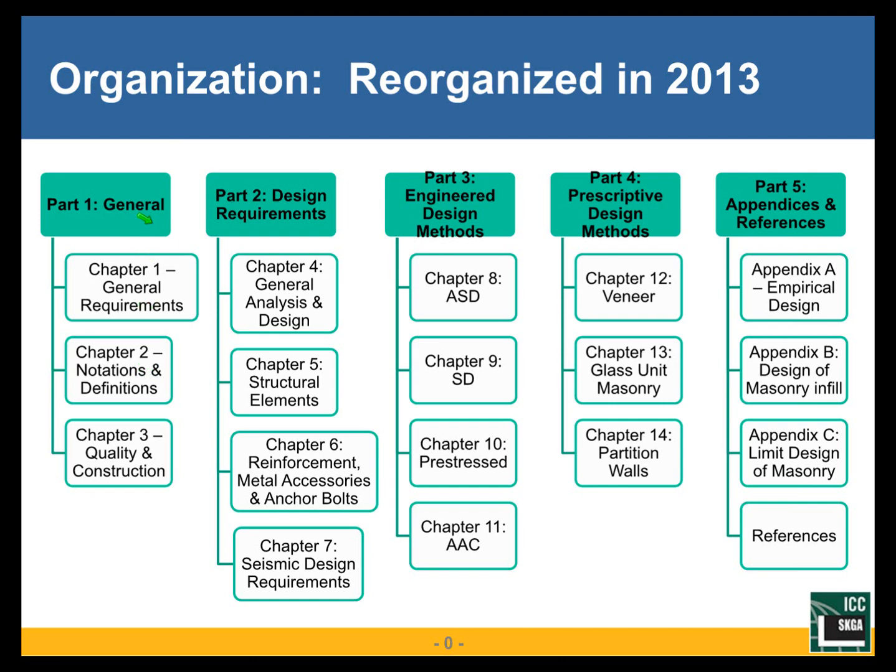If you've not used the 2013 TMS 402, going from 2011 to 2016, we did do a reorganization in 2013, not like ACI 318 did, but rather chapter 1 was becoming pretty long in our code, so we broke it into basically 7 chapters. So now there's a Part 1, general, just some general requirements, notation, definitions, quality, and construction. Part 2 has general analysis and design requirements. This would be things like the modulus of elasticity of the masonry,